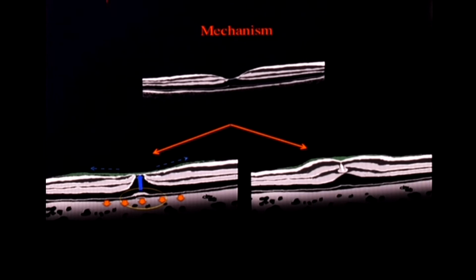Whereas in the other kinds where you have a very strong RPE attachment to the neurosensory retina, the force vector will be directed inwards, and this will bring in the layers from the sides and cause an infolding, and that would appear on the OCT as ectopic inner foveal layers. Now, I leave it open to the house to discuss the validity of my hypothesis versus the one that has been proposed. Thank you.